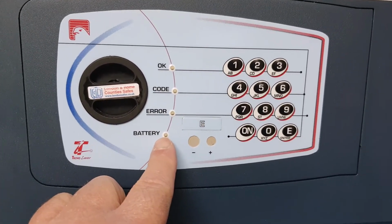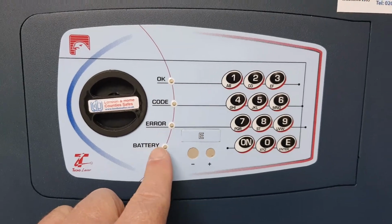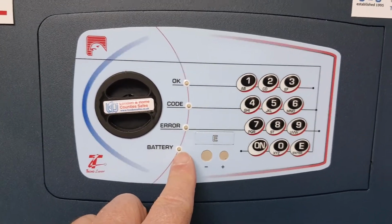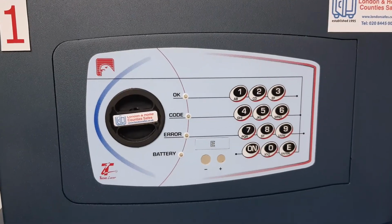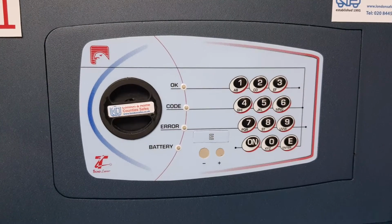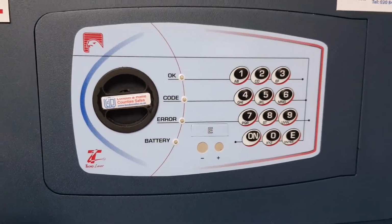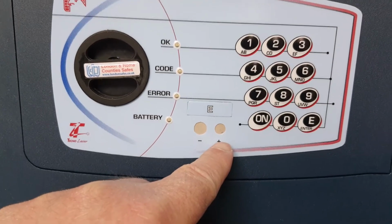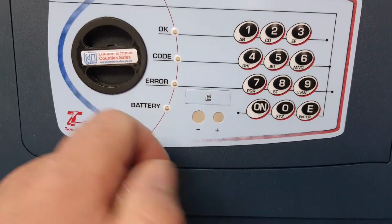But what happens if the battery goes completely flat? There are two ways to get into this safe legitimately as the owner of the safe. If that happens, let's imagine you've come back to the safe after being away for a long time, and the batteries were a bit weak and you didn't change them, and now it won't open and it won't do anything. Well, you'll see you've got these terminals here, minus and plus, and you can actually power the circuitry externally